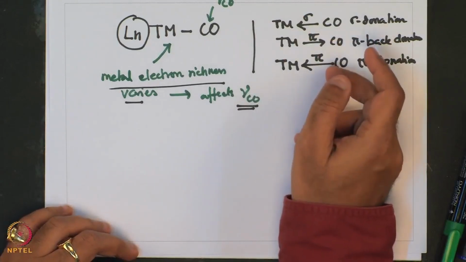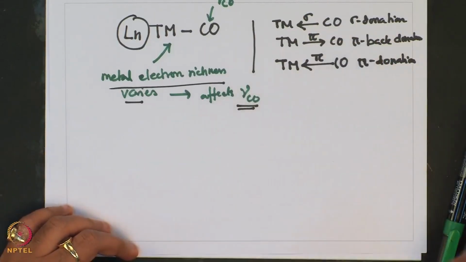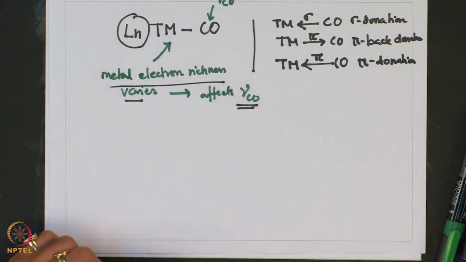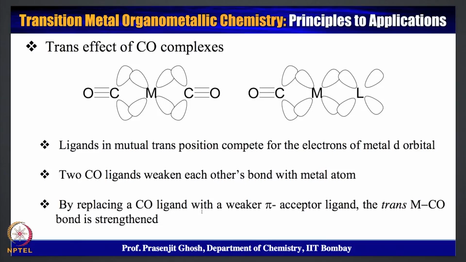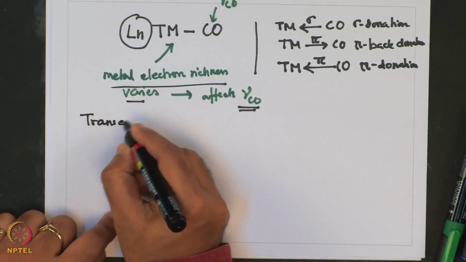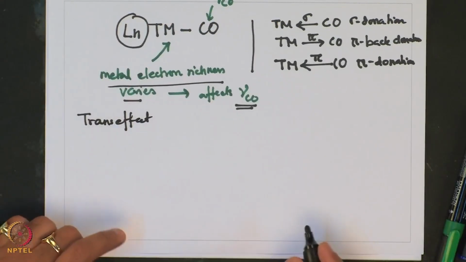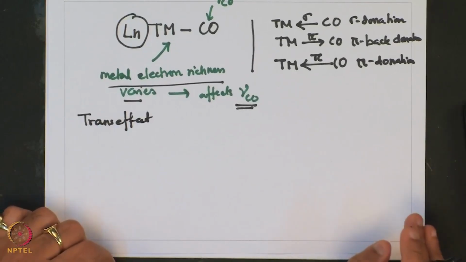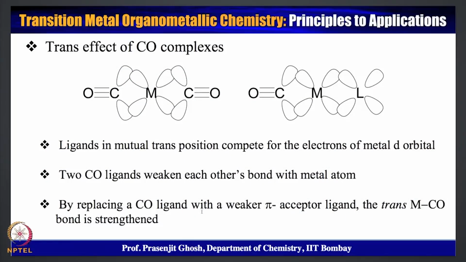Now, with that interplay of forward sigma, forward pi as well as backward pi donation, we are going to look at a very important part of reactivity today, which is the trans effect. The trans effect is that the trans ligand, particularly with respect to CO, gets promptly substituted because of the strong binding of CO. We are going to try to understand the trans effect by thinking of a metal d type orbital interacting with the pi star orbital of CO, the way it is drawn over here.